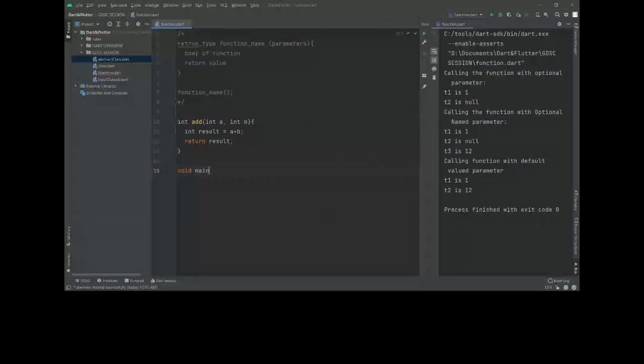In the main function, we call this function by giving the values 2 and 3, and we want the sum of 2 and 3. To get the sum, we have to store it in a variable. And if we run this,